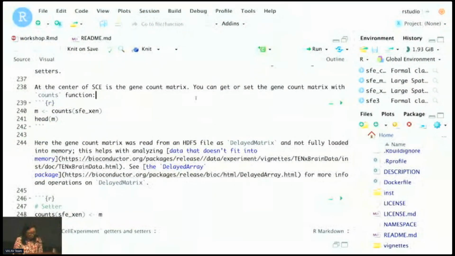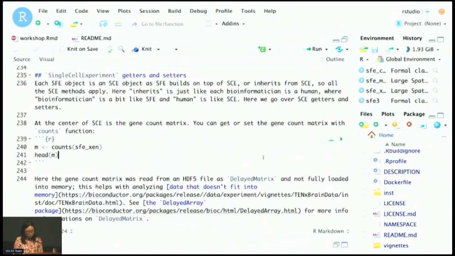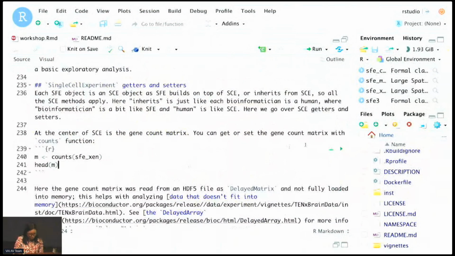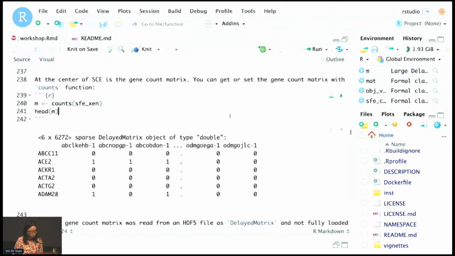SFE actually inherits from SCE, so here's just a quick recap on SCE. Because SFE inherits from SCE, it also inherits all the getters and setters, and there is already an ecosystem of single cell analysis tools for SCE, like scater, scran, scuttle, and bluster. Because of the inheritance, all those methods will still apply to SFE.